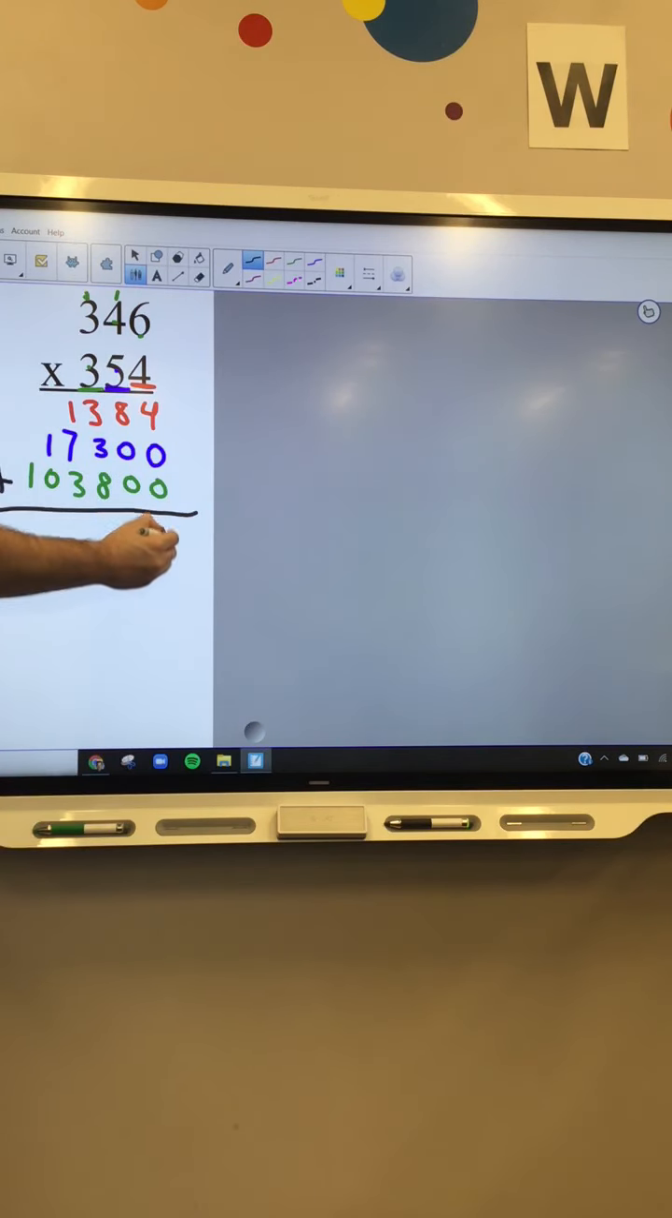Add them up. That's a 4, that's an 8, that's a 14, that's 1, 1, 7, 3, 12, 2, 1. I got 122,484. I added it wrong. I don't know how, but I did. So go back and figure out how. I added it